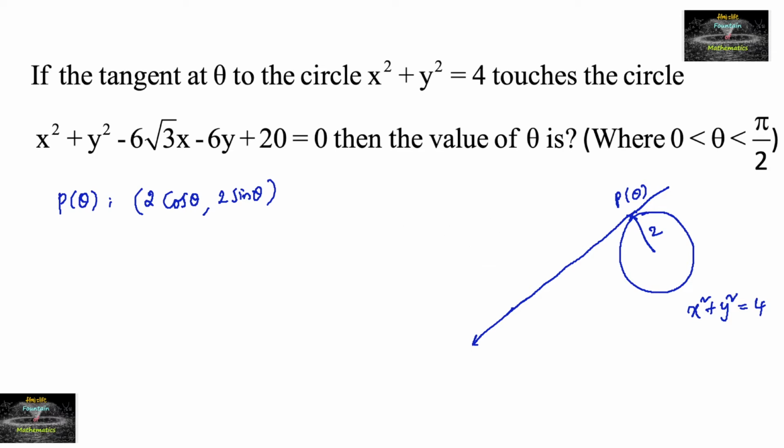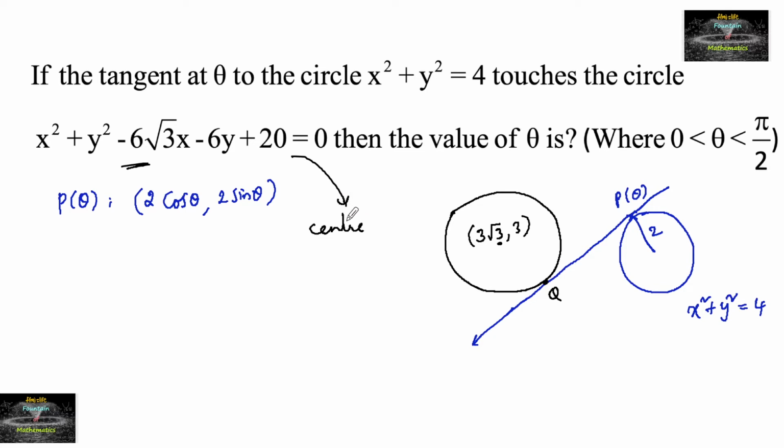Let's consider this is another circle. So let's consider this is the point Q. The tangent touches the circle x square plus y square minus 6 root 3 x minus 6y plus 20. So here the center is minus g, minus f, which is 3 root 3 and 3. Center is 3 root 3 comma 3, and radius